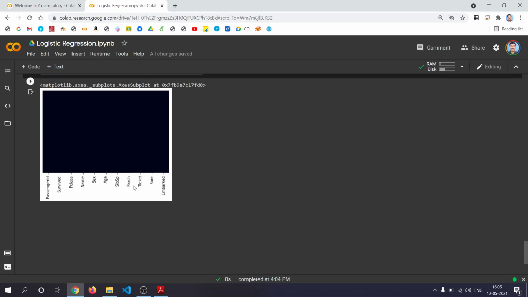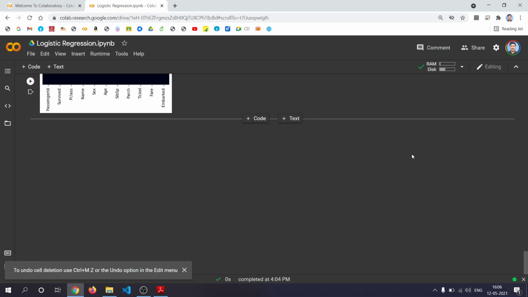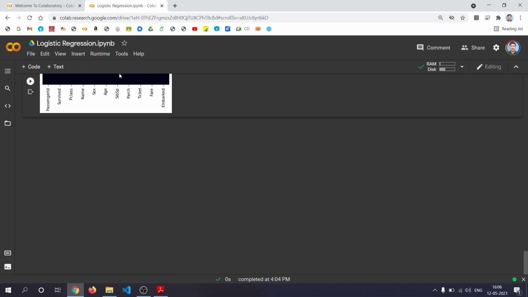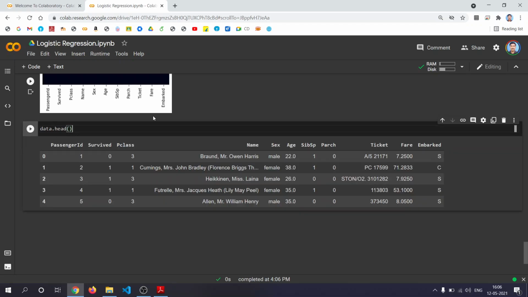Now let's do more data cleaning. For example, our algorithm is going to work on numerical data. So once again we'll take data dot head, to see what entries we have now.